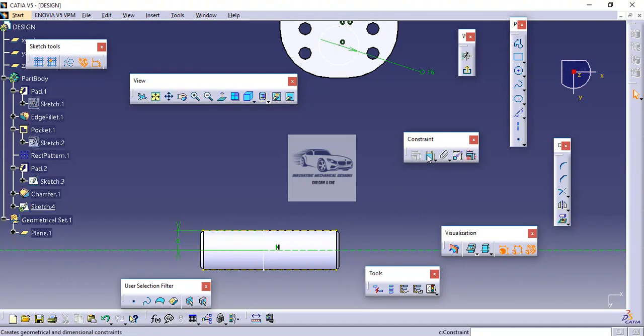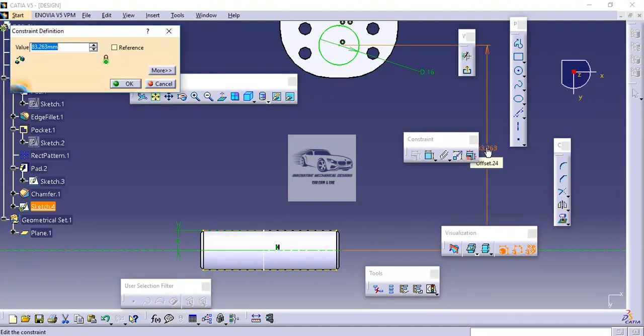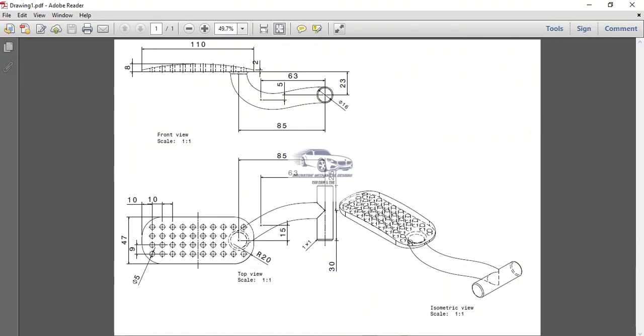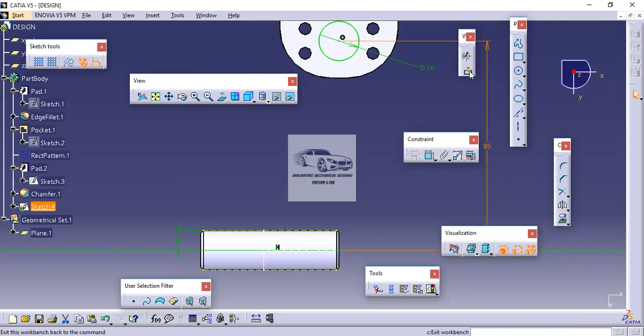Now this is the center line, and from this particular center line we have to maintain the center distance of this particular hole as 85. So here I will double click and write 85. So now we have this hole.